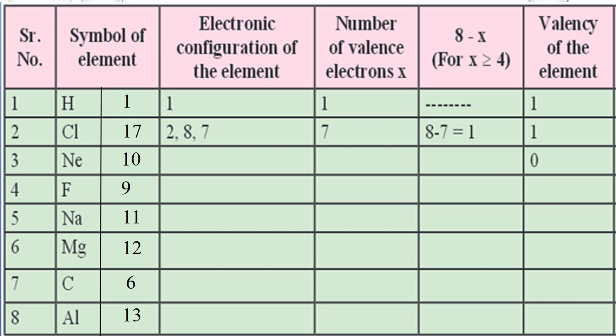Okay, but if you look at chlorine, just now we saw what the electronic configuration is. It is 2, 8 and 7. Now you have written 2, 8, 7, so the last number is 7. That is, 7 electrons are there in the outermost shell or in the valence shell. So 7 becomes the valence electron, so that we have written in the next column. Number of valence electrons is 7. Now because 7 is a number which is more than 4, I am going to follow the formula 8 minus x, where x is 7. Okay, so I have written 8 minus x or 8 minus 7, which is equal to 1. So 1 becomes the valency of the element.